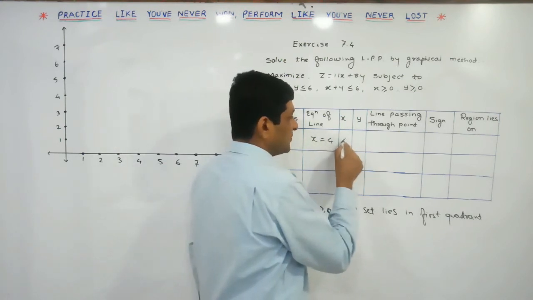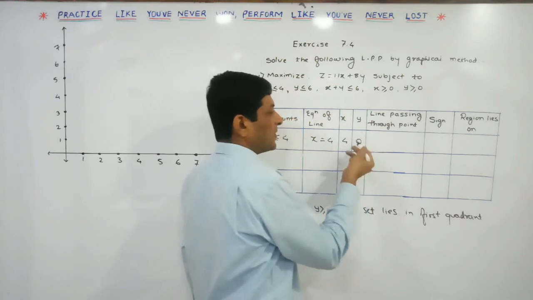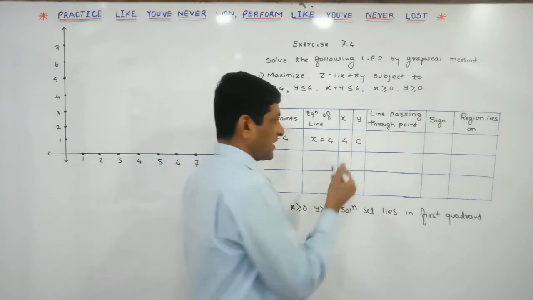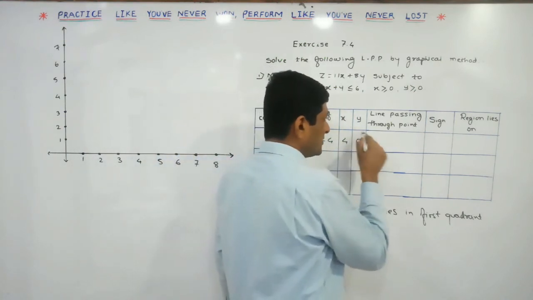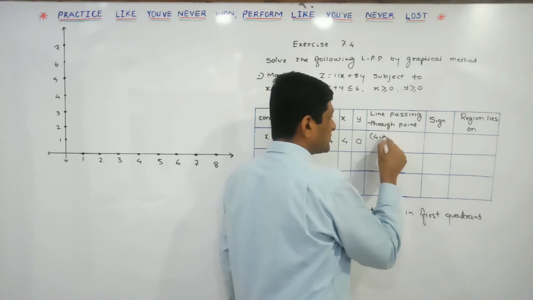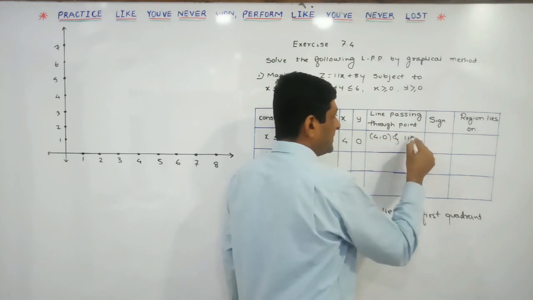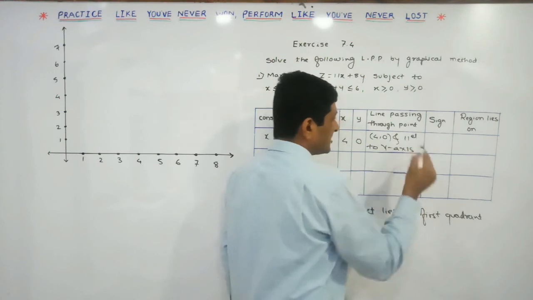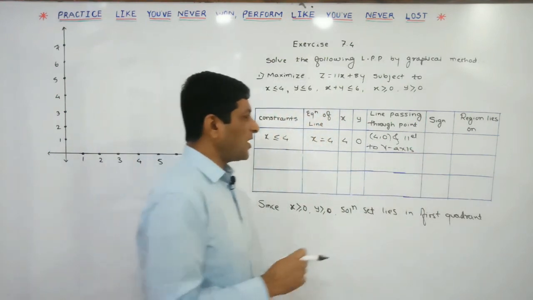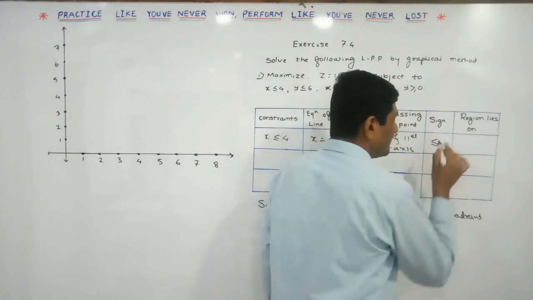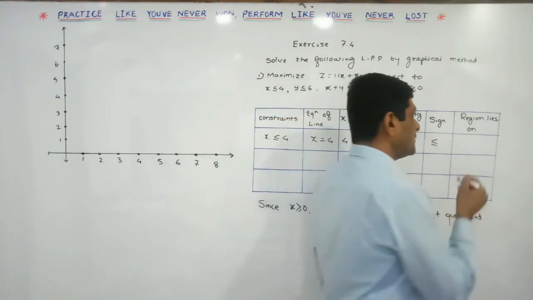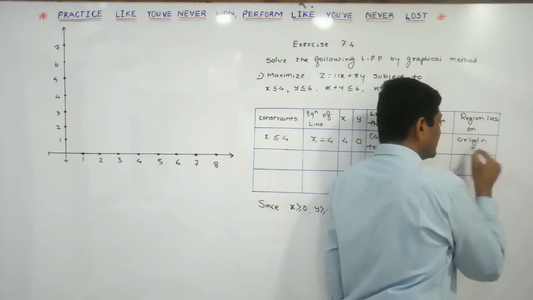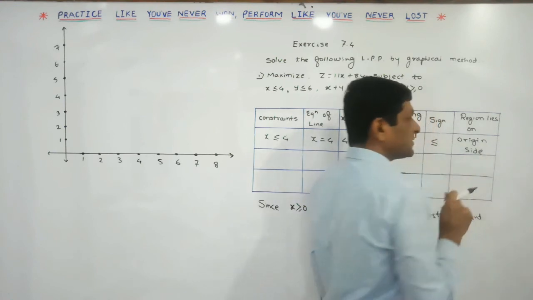So here x is 4. For simplicity take the y coordinate equal to 0, so that we are easily able to find the position of this point. So now this line passes through the point 4, 0 and is parallel to which axis? Y-axis. In this constraint which symbol appears? Less than or equals to, and whenever less than or equals to appears we know that our required region is the origin side. The origin side part will be our solution set.